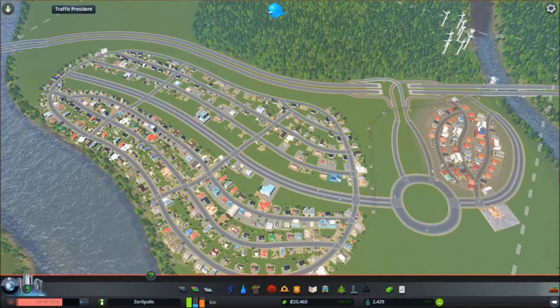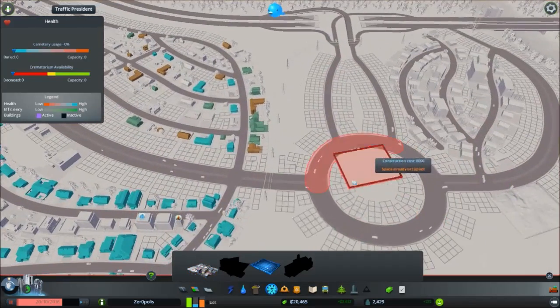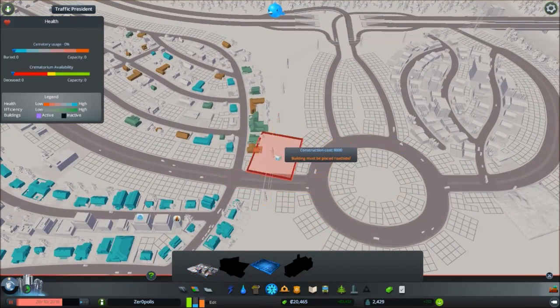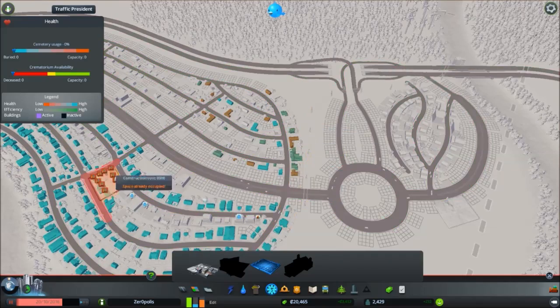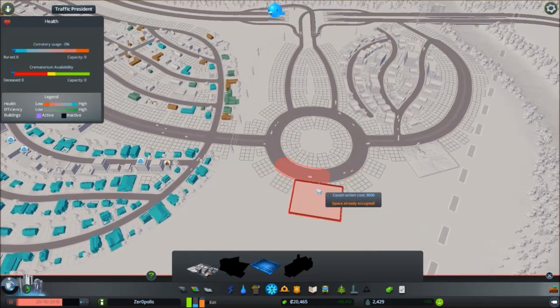Since we don't have any traffic problems right now, not a huge amount of it on the road, I'm going to lay off the bus depot for a while. Because we're going to need a cemetery. It's pretty damn sizable as well. I could